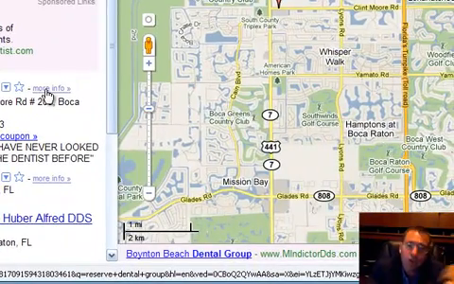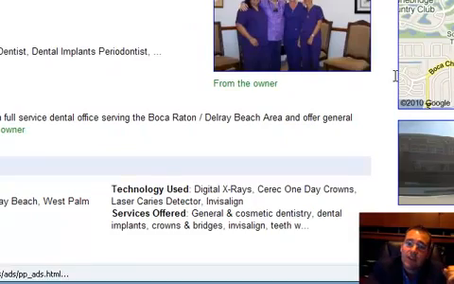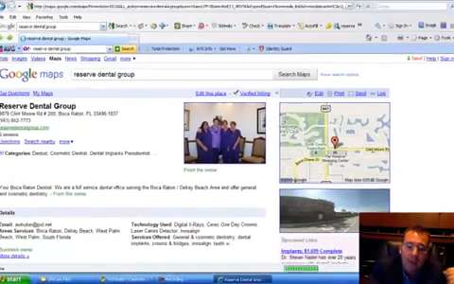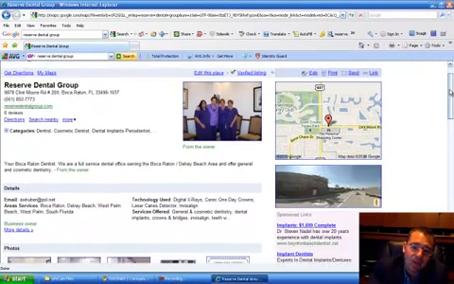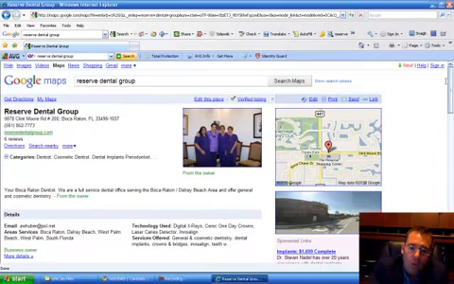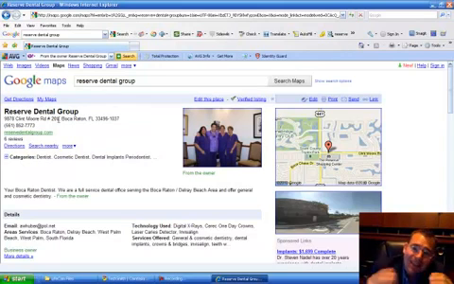So we'll go back to Reserve Dental Group and use them as an example. This is a dental practice down in the Boca Raton area, and obviously you'll see that their information is completely filled in. One of the first things you want to do is double check to make sure that your company name is listed in this area up here. You want to make sure the address is right and that the suite number is written the same way on